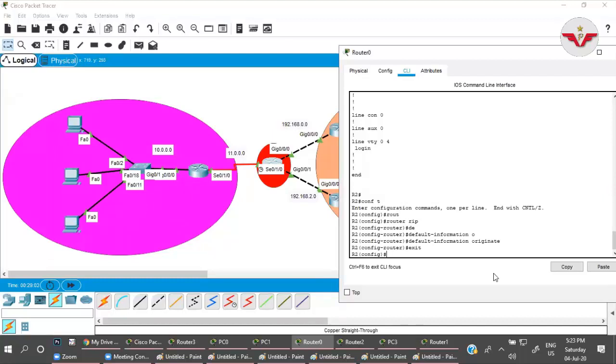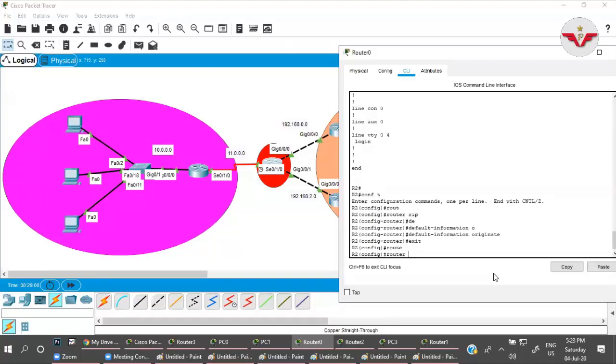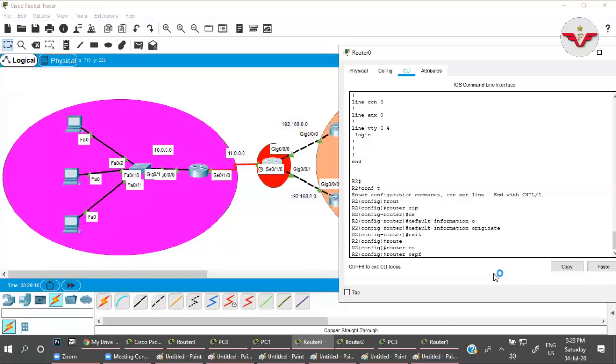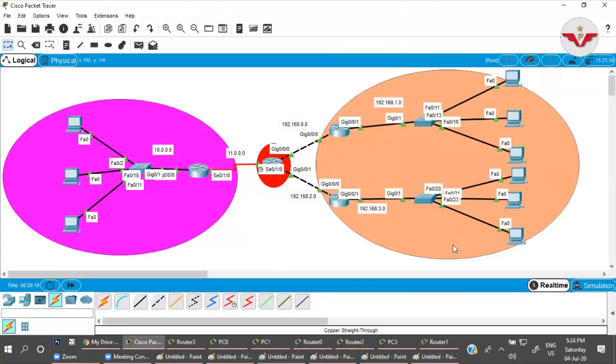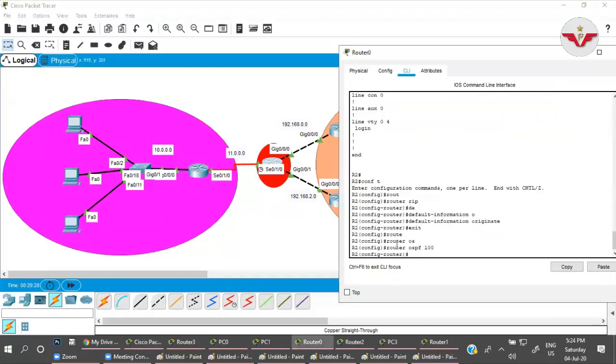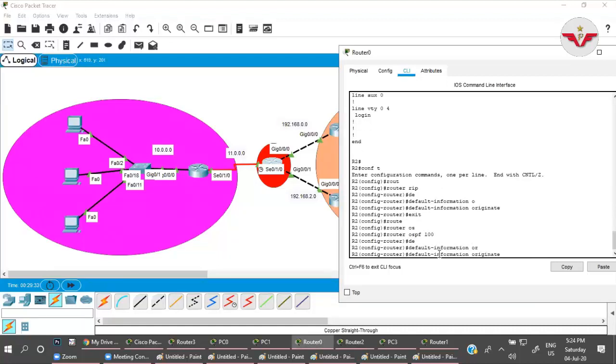Thank you so much. So suppose I'm configuring OSPF router. I'm not configuring it right now, I'm just telling you. The same command will run over here. If I'm configuring OSPF in the internal network, and I want to inform the OSPF network about the default network, which is the WAN network, I will go to the router OSPF mode and then use default-information originate. The same command will be there as well.